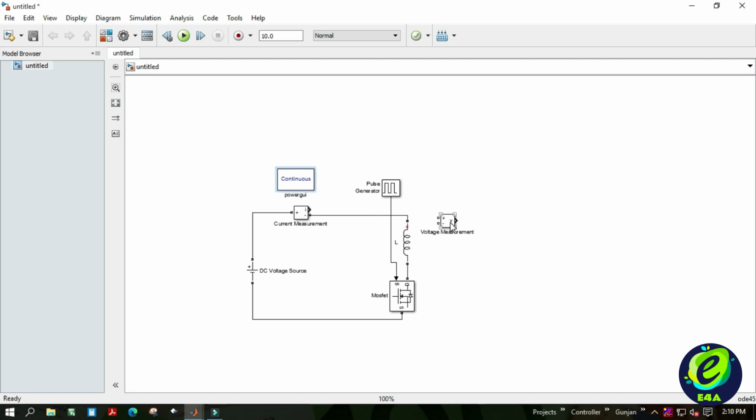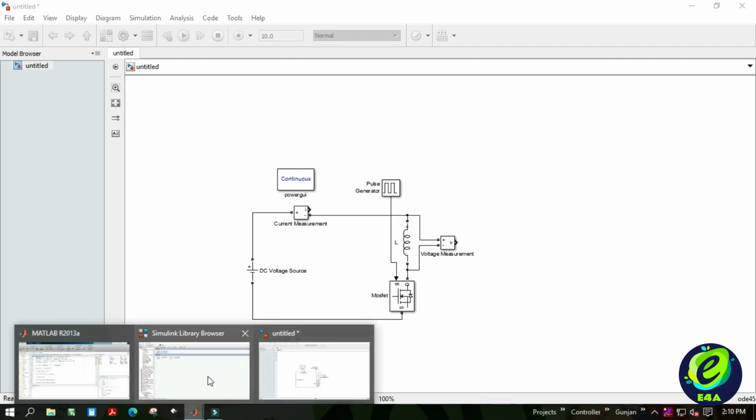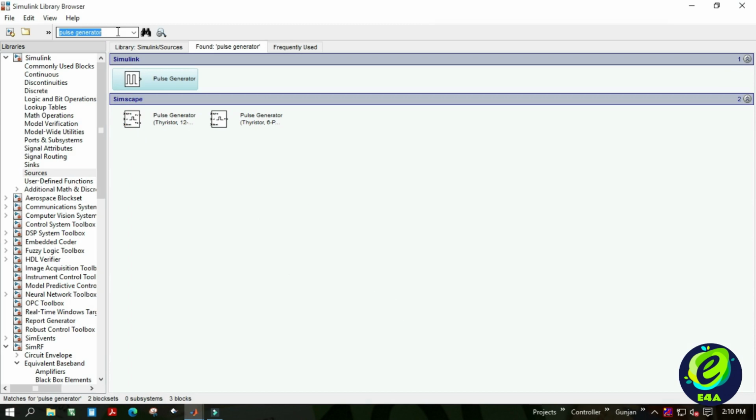The voltage measurement block will be placed in parallel with the inductor to measure its voltage profile, which will be observed in the scope. Yeah, so we forgot to add the scope. Let us add it from the library browser.